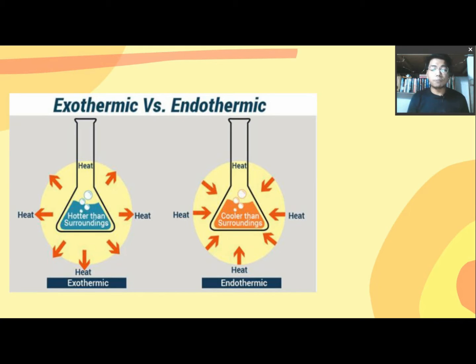These are basically the other types of the movement of heat from one body to the next. Now, in the case of the exothermic and endothermic processes, we're utilizing two major terms. The first one is the system, and the second one is the surrounding. If you can observe here, we have two Erlenmeyer flasks, and this flask is considered your system, while the outside of your system is known as the surrounding. On the second Erlenmeyer flask, we again have the system, then the exterior of it is the surrounding. In my case, I am the system, and my room is the surrounding.